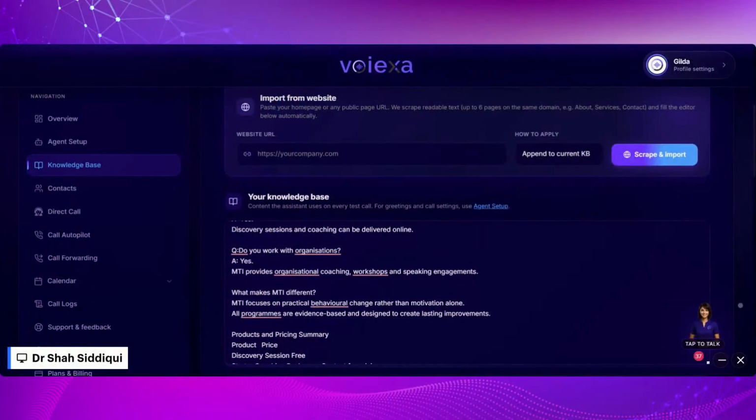Not necessarily because, when you have a receptionist and you have added workflow, a receptionist can only handle so much, because we are human, we cannot handle multiple things at the same time. But when you add Voiexa, 10 or 20 or 100 different things will be dealt with at a single point in time. So your receptionist or your personal assistant can work on something else, and everything will be dealt with, and all the information will be kept within the Voiexa platform, and you can sit back and relax. So I just wanted to share my screen again and talk about some other benefits of Voiexa.